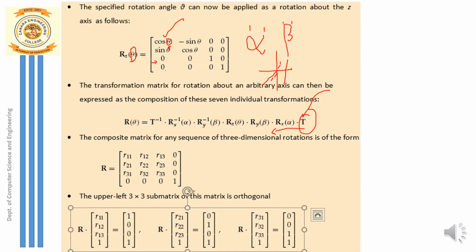We had to rotate the object, but directly we cannot rotate the object along z-axis. So first we have to align the object along x-axis. Alignment is nothing but rotating the object along x-axis by an angle alpha. After that, rotate the object along y-axis by an angle beta, and finally rotate the object along the z-axis. So the final rotation is rotation about z-axis. But remember, first you perform Rx of alpha, that is rotation along x-axis, then Ry of beta, that is rotation along y-axis, and then you perform rotation along z-axis by an angle theta.